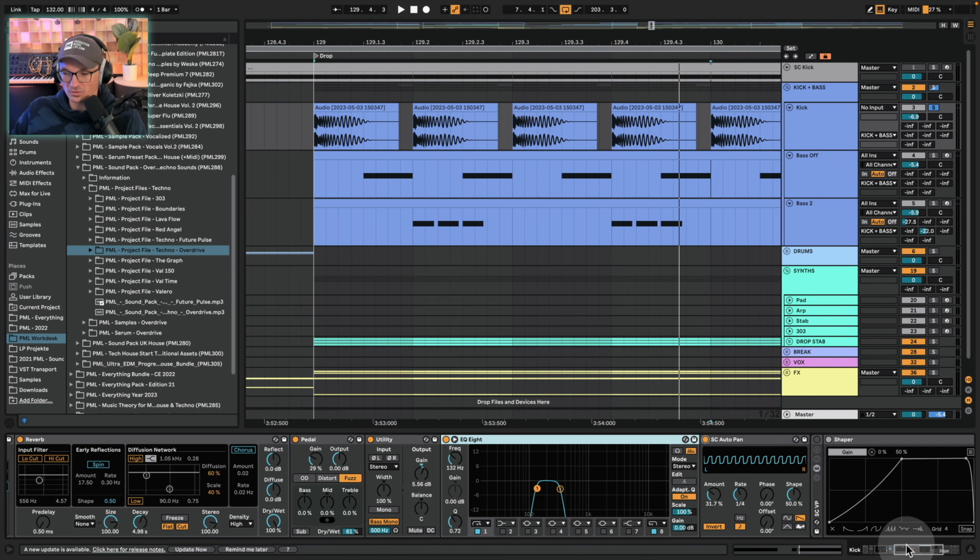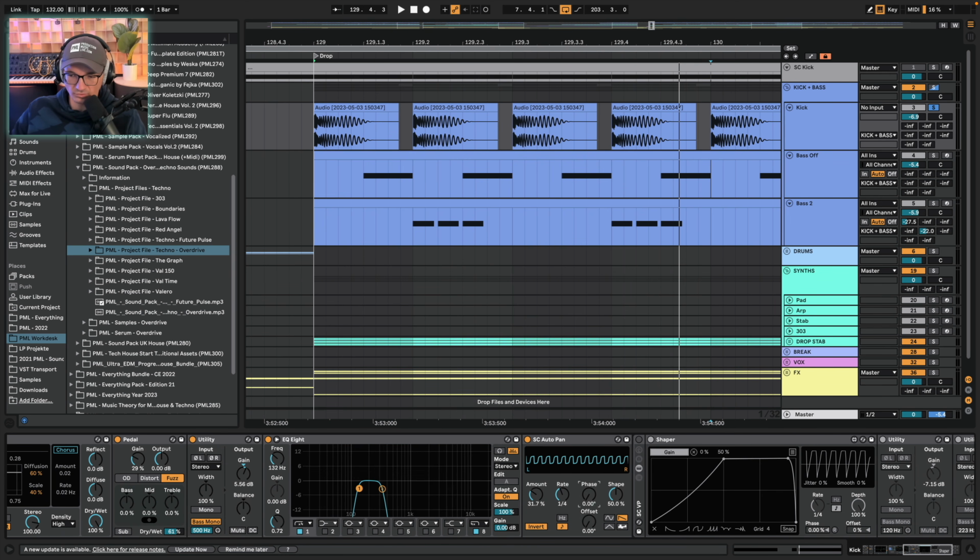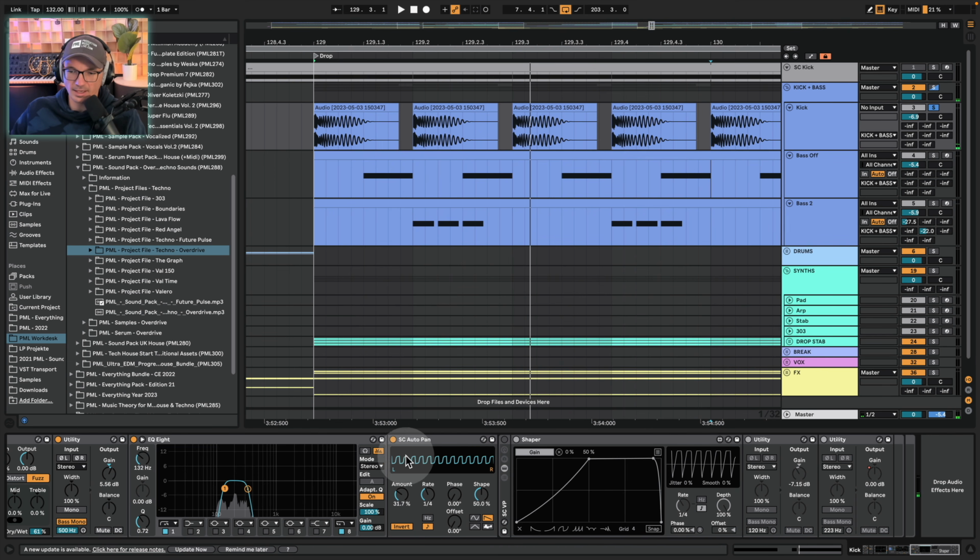And now we are sidechaining this with this auto pan here, set to phase 0, rate 1/4 or quarter note, and then amount of the sidechain here brought up to 31%. And we can already bring it up like this. But in the production of this track, it happened stage-wise. So this one is the first stage, and then this envelope shaper here is doing the last stage of the sidechain, leaving room for the click here, and then this area will be occupied by our rumble,